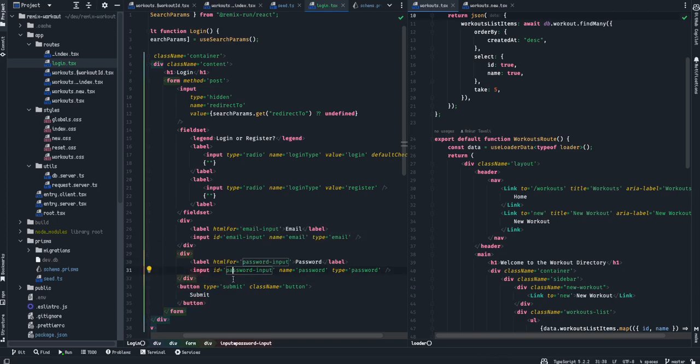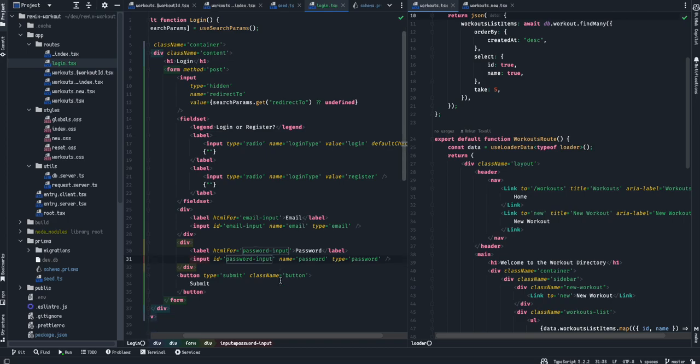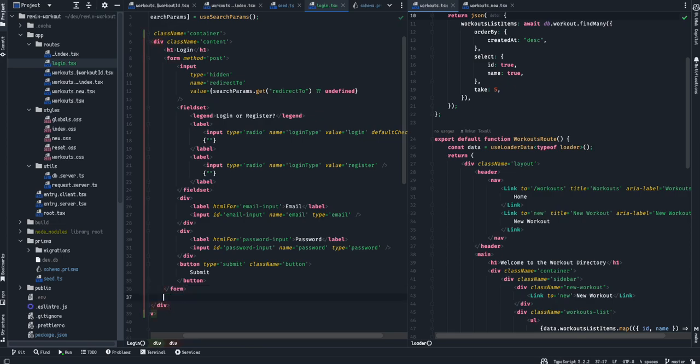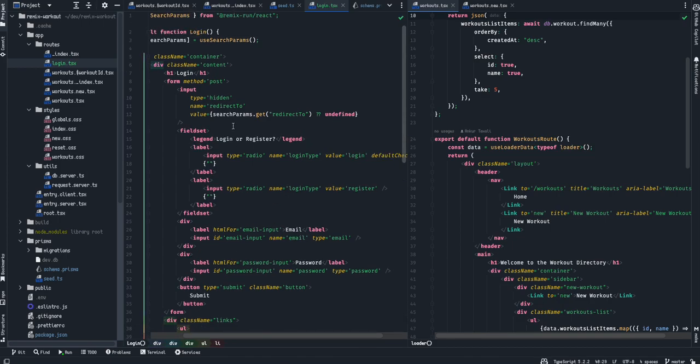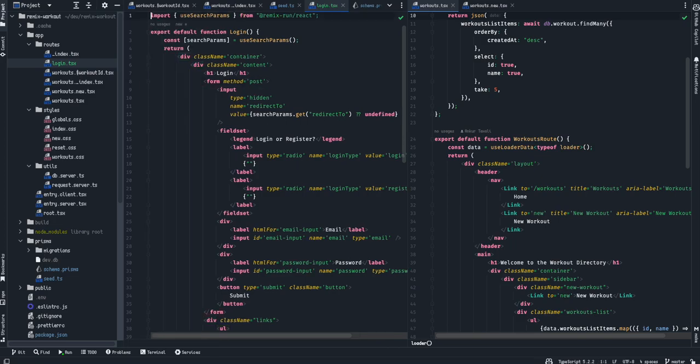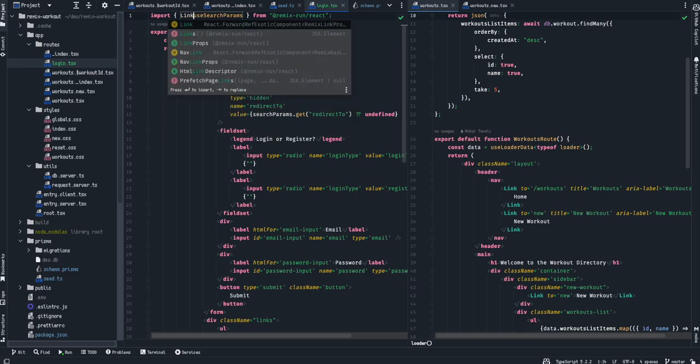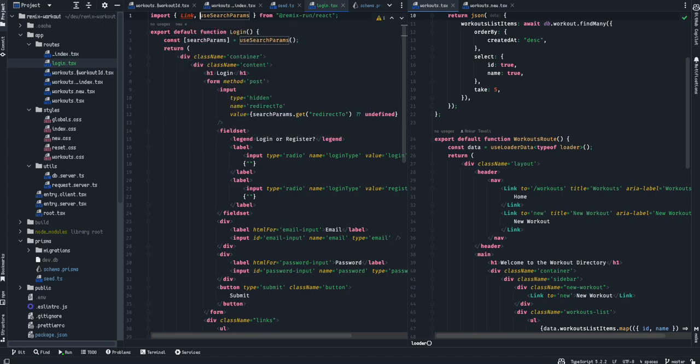So you enter an email or password, either you register or log in, pretty much. And that's it. I could put some links here at the end, like they have done in the tutorial, but this is just going to go away. So I'm just going to do a really rough sort of thing here. Just want to get a link at the top. Maybe get it from here, and then do we need